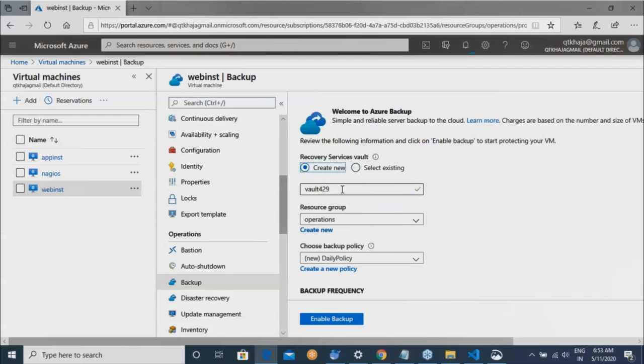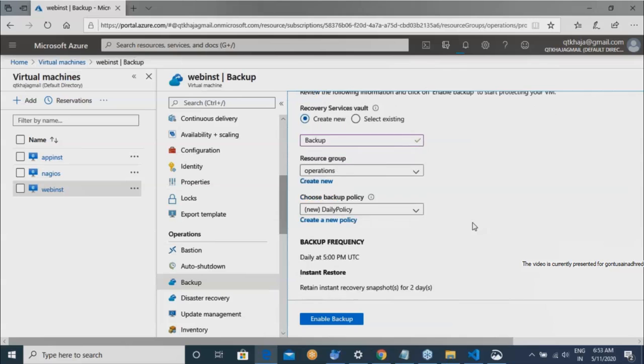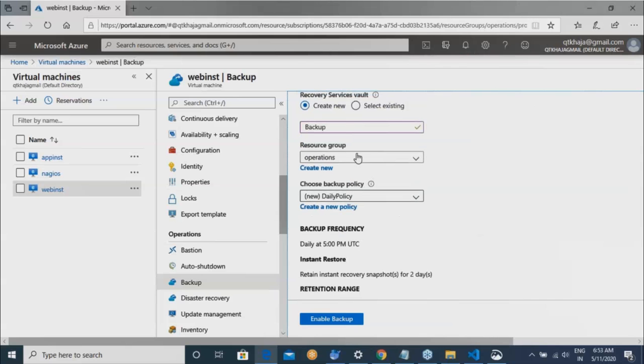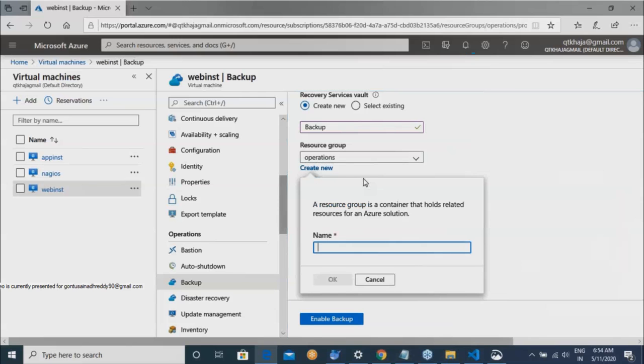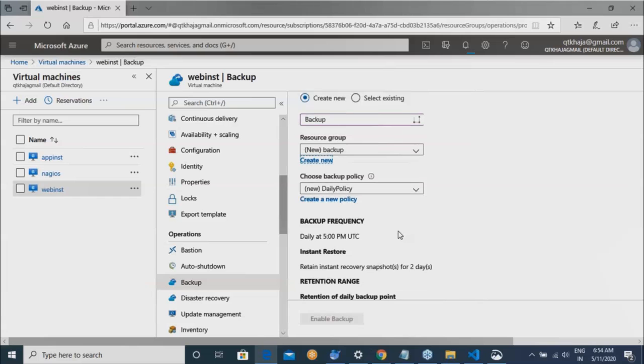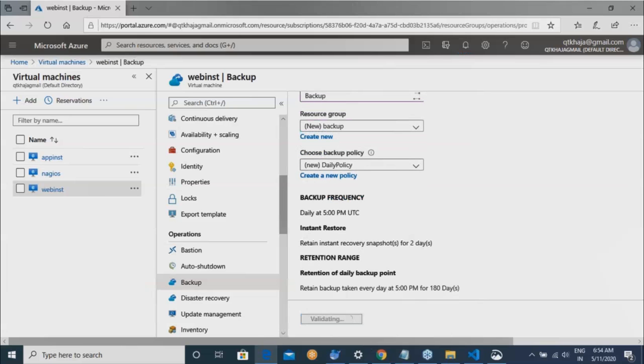So you have to create a new recovery services vault, call it a backup vault. And this is where you want to create it. If you want, you can go with the same resource group or you can call it a backup resource group, and then enable backup.